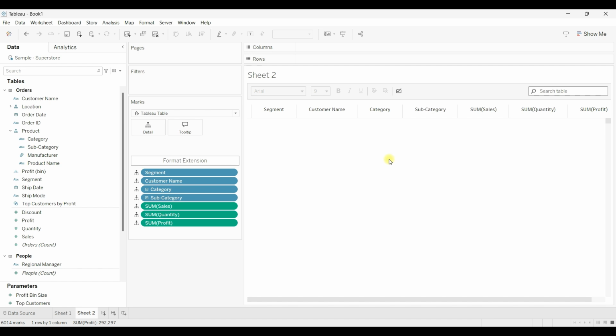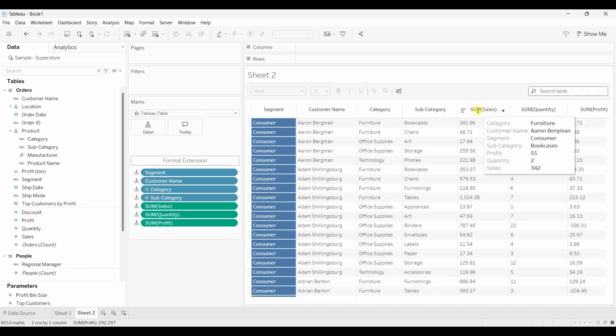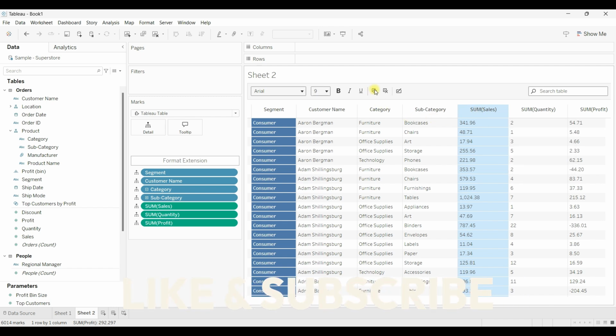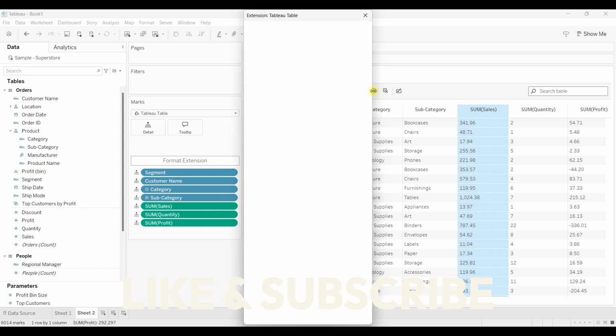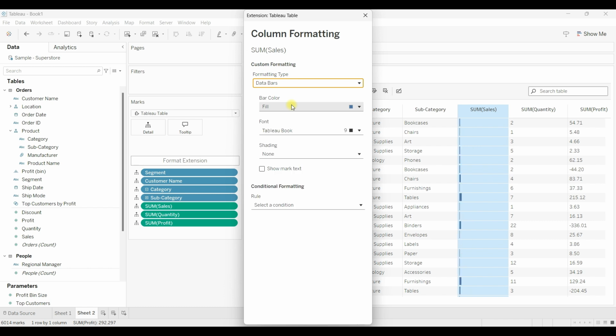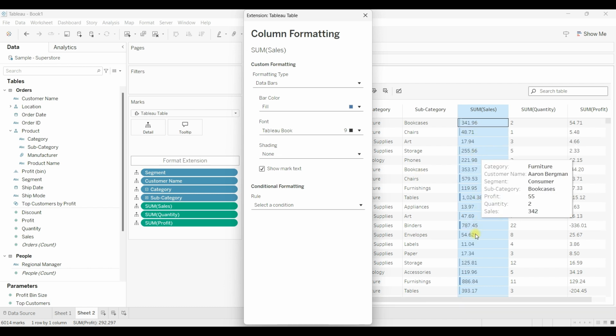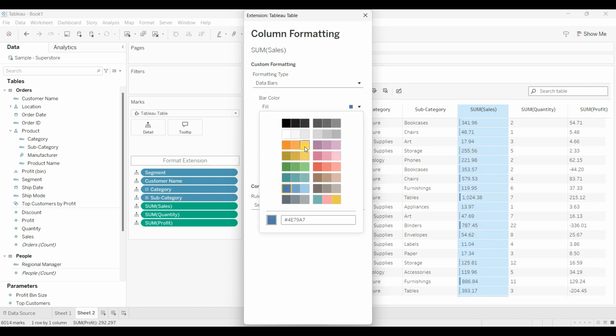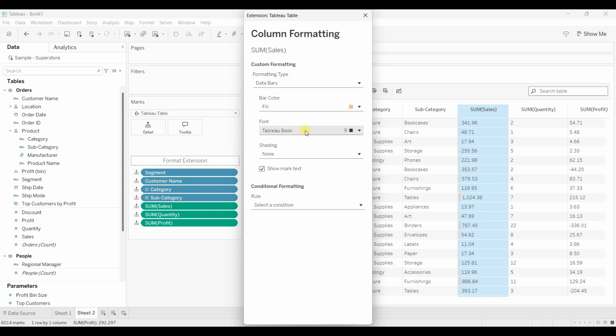Similar to the dimension formatting, if you click on this measure column, you can see the formatting options enabled here, and then click on the open format dialog. So you can change the formatting type to data bars instead of the default value. And if you select show mark text, you will see the labels. You can fill the bar color as you like, and also change the font. And you can assign the rule for this particular